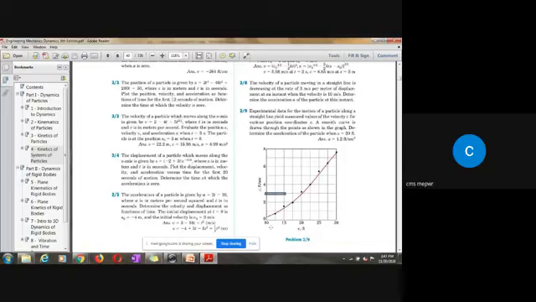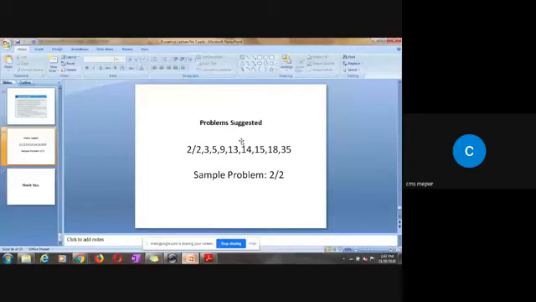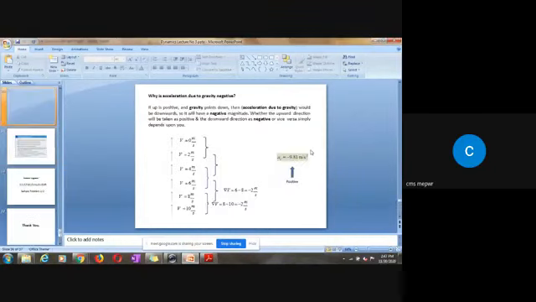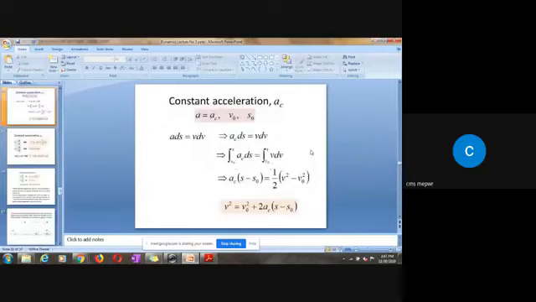समझ आई या नहीं? ऊपर ऊपर से गुजर गया? आगे सर। ठीक है, तो इसी तरीके से आप ये सारी प्रॉब्लम्स कर लेंगे। ठीक है, सैंपल प्रॉब्लम 2/2 वो तो ऑलरेडी सॉल्व है। इस तरह 15, 18, 35, सो होपफुली आप इसको कर लेंगे।